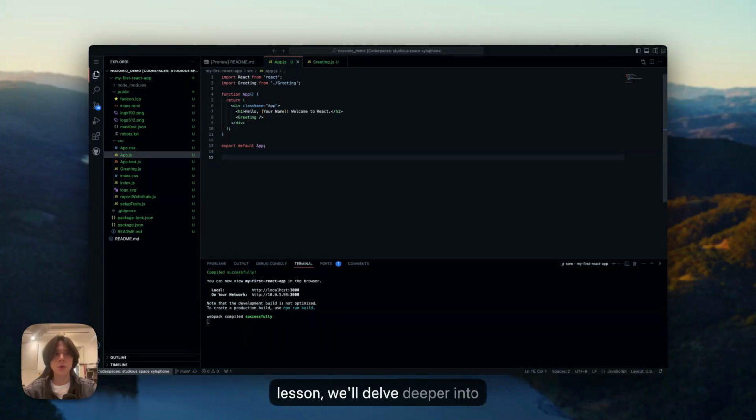In the next lesson, we'll delve deeper into components, properties, and state management, allowing us to build interactive and dynamic user experiences and interfaces. Once again, if you have any questions or need assistance with the exercise, feel free to ask,